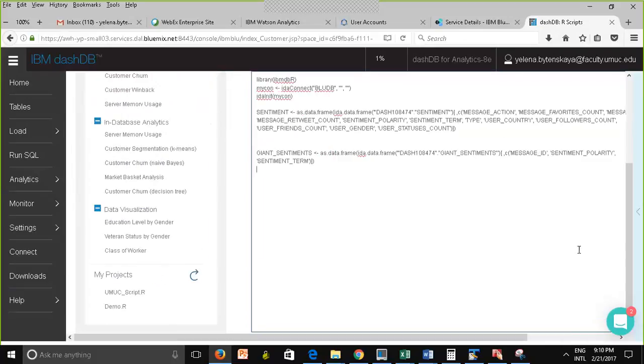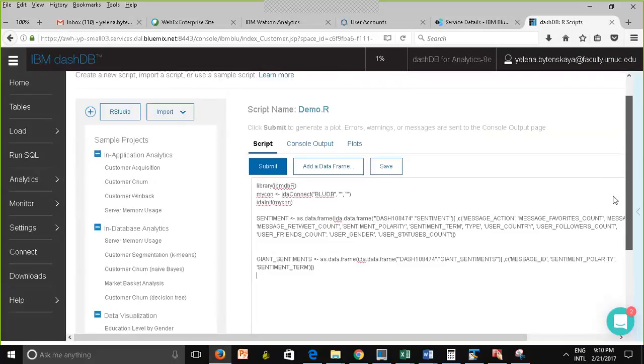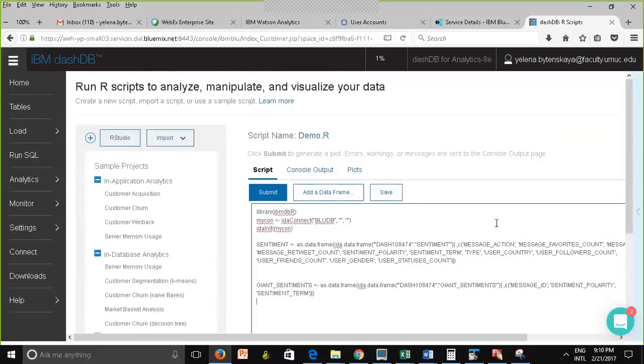Now we're going to launch RStudio. Make sure that you pay attention to the supported browsers. I believe Internet Explorer is not supported, but Firefox probably is. Yep. So when you click on here, it's going to launch a new tab.